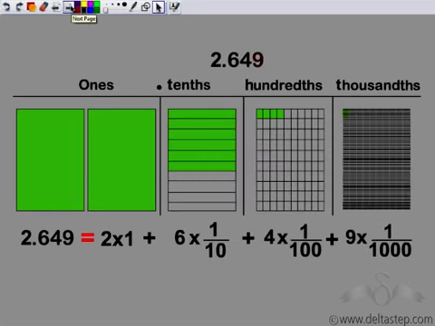So what we get is 2.649. Remember, after the decimal I do not call this 649. This is 6, 4, 9. So 2.649 is 2 times 1 plus 6 times 1 by 10 plus 4 times 1 by 100 plus 9 times 1 by 1000. That is the digit times the column multipliers. This is what we get.